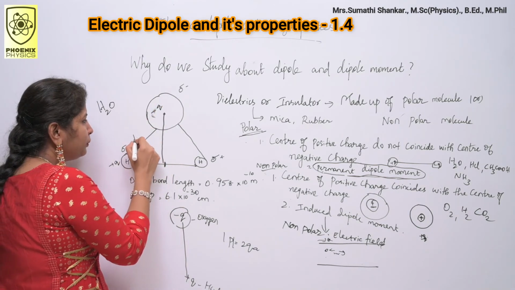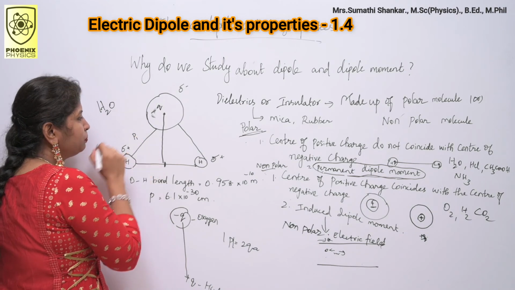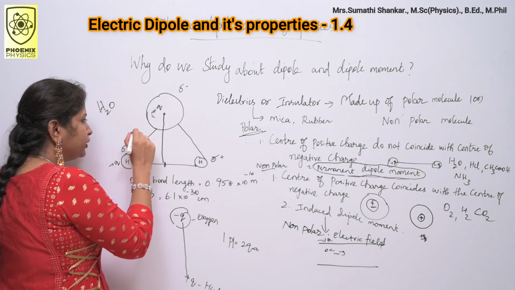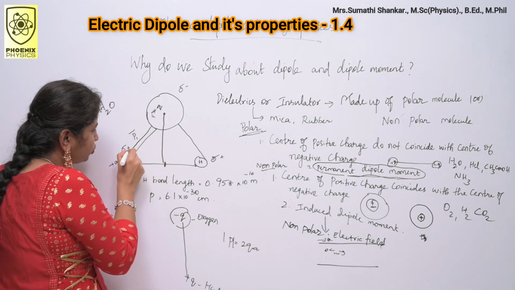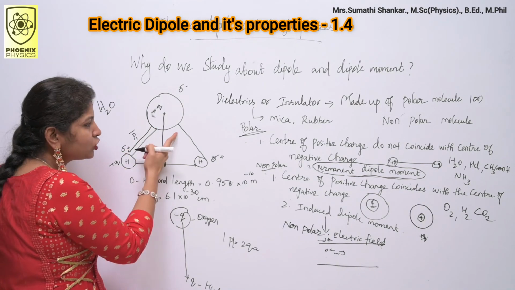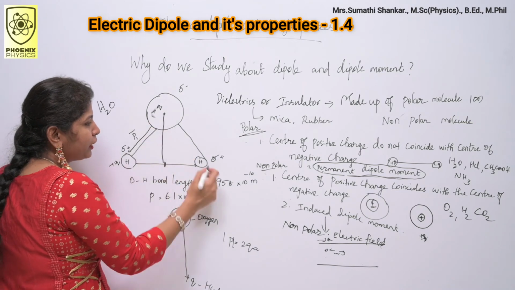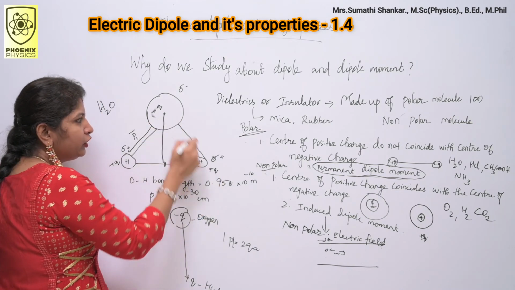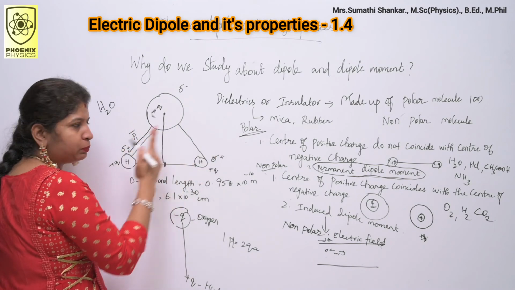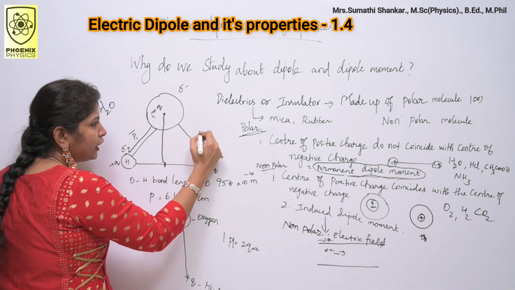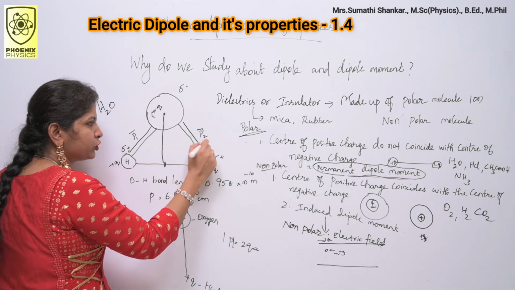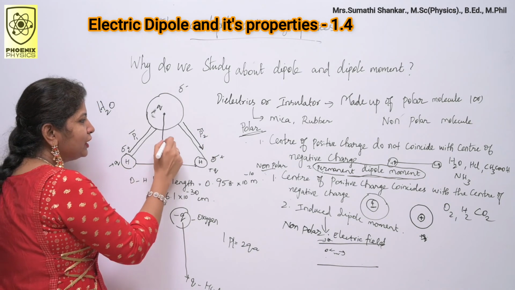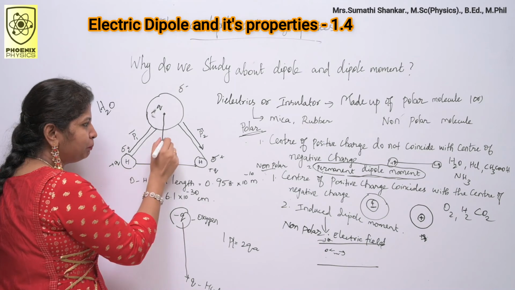You know that this dipole moment is P1. It is a vector quantity. What about the direction? The direction is from minus Q to plus Q. You know that. Here also I have one dipole. This is minus Q and this is plus Q. It forms a dipole, so there are two dipoles. Here the dipole moment is P2. The direction is from minus Q to plus Q, like this. This is the resultant dipole moment P.